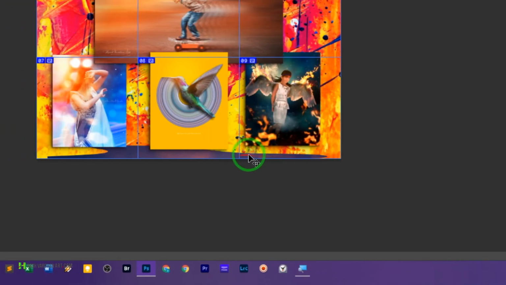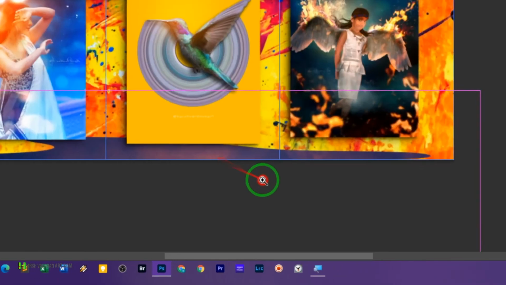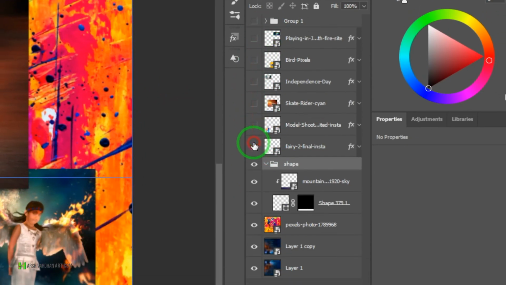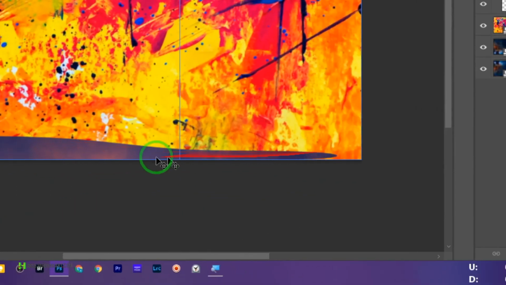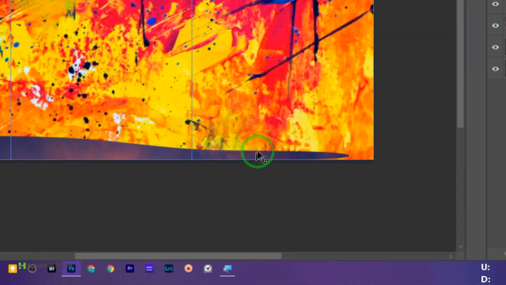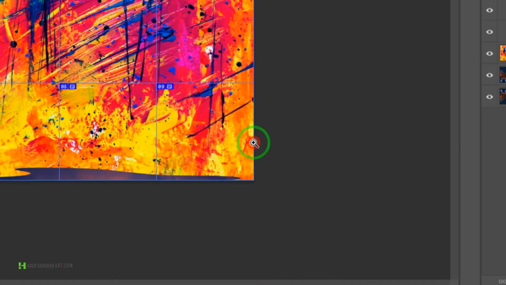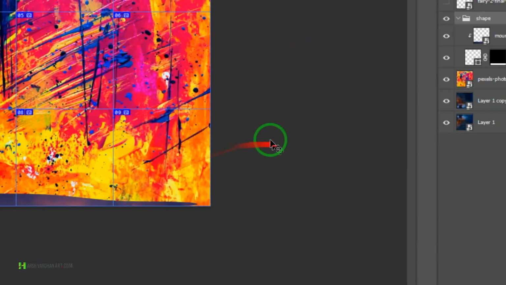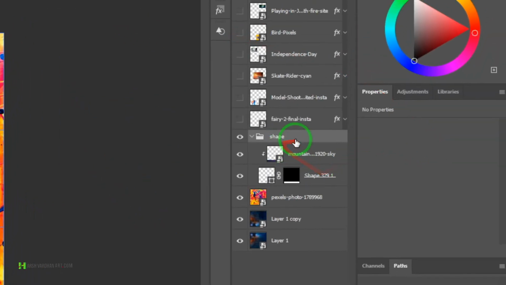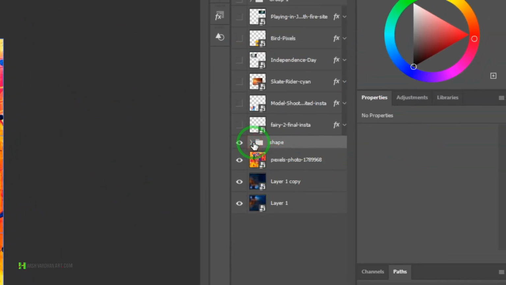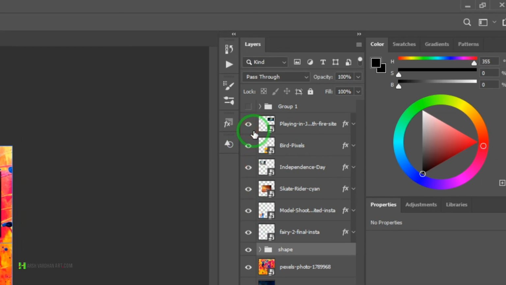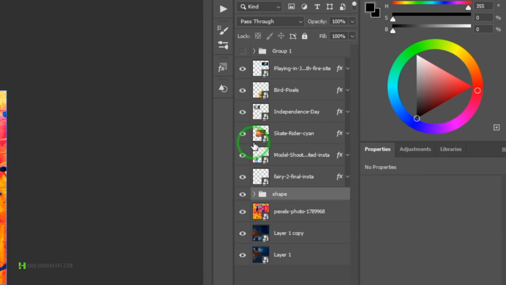Okay, so this is the shape, and we have just placed it on the bottom, so you can better see it by turning all of these off. So now we have placed this shape on the bottom. Make sure it is on the bottom. Only then the other grid would be seamless. All right. So now let me just add different images over here this time and come back.